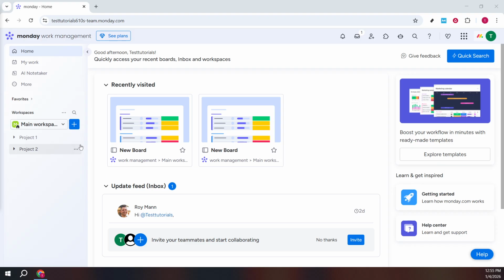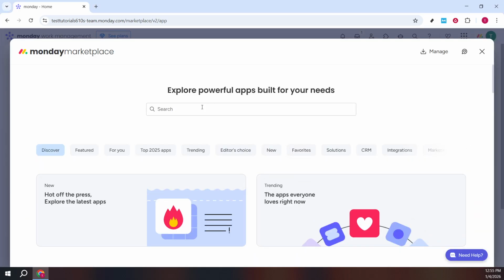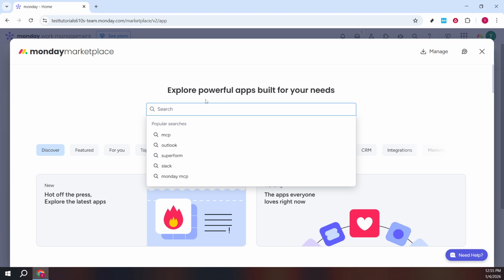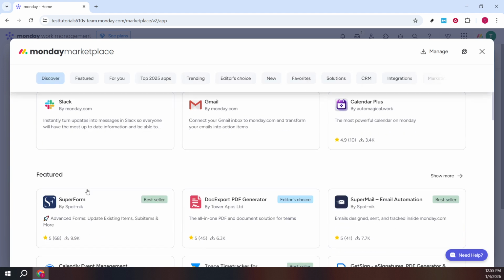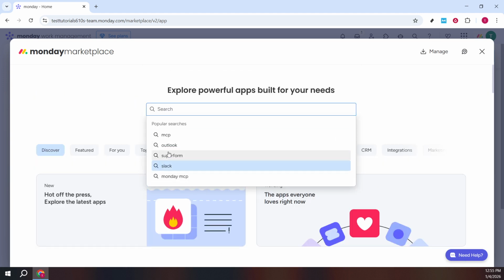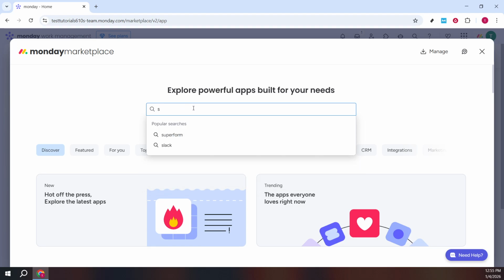Begin on your Monday.com home. From the top of the page, look for the small puzzle-shaped icon. That opens the marketplace, which is where you add official apps to your account. Once the marketplace opens, take a moment to scroll toward the bottom area of the page if needed. This is where you can browse or search for what you need. If you don't see the marketplace icon, it usually means your account restricts app installations, so you may need an